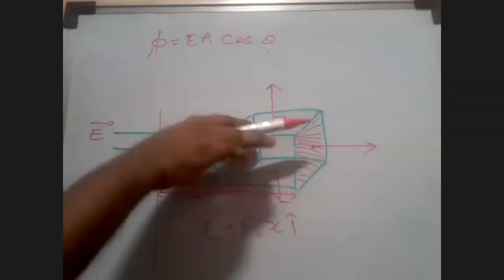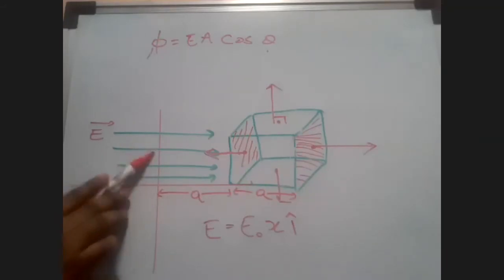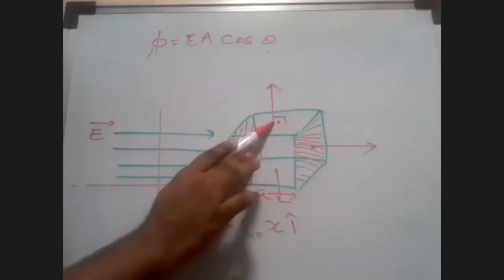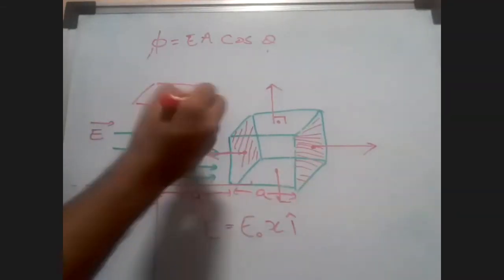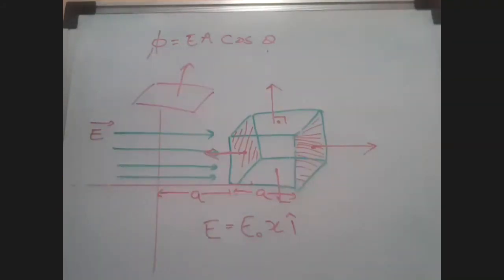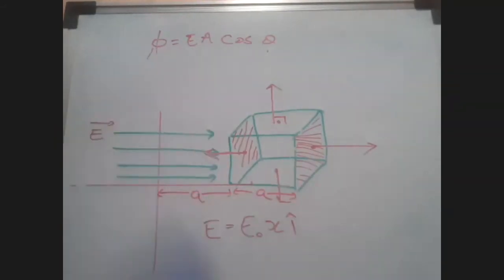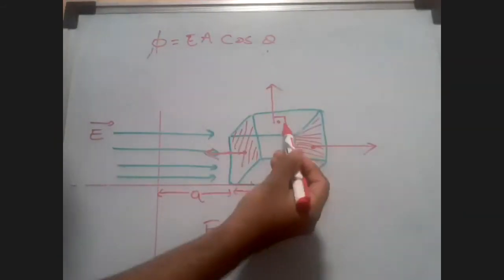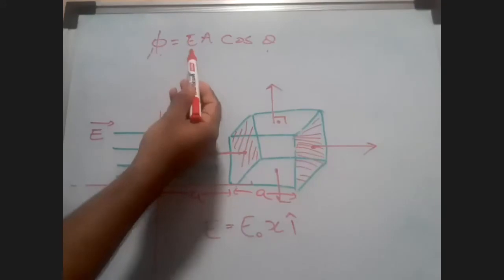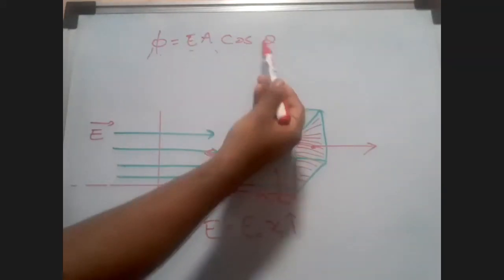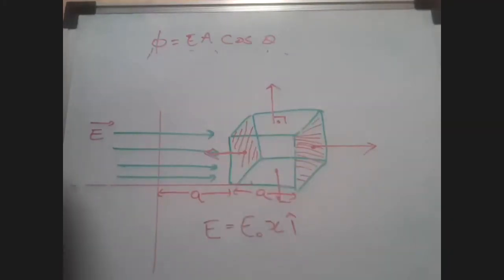Please pay attention. A surface which has an area vector making 90 degree with the electric field lines. Area vector, always remember, is perpendicular to a surface. So if you take any surface, it's going to have an area vector perpendicular to it. And so if the area vector is perpendicular to the electric field lines passing through the cube, it's going to make 90 degree. So flux will be EA cos theta. Cos theta is the angle between electric field lines and the area vector, and it's going to give you cos 90, which is basically 0. Flux is going to be 0.